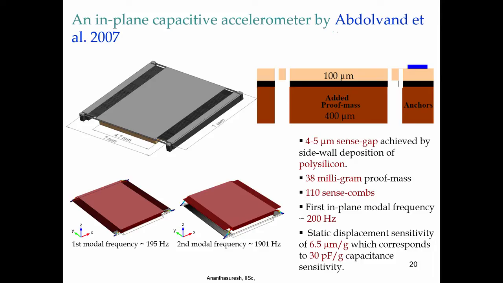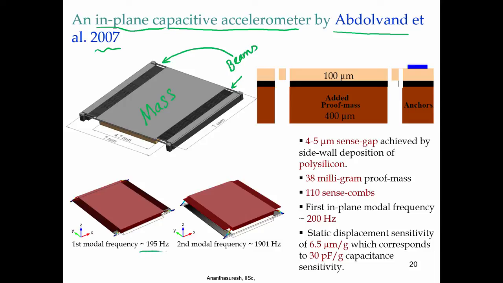Anyway, there is an analytical model for the spring lever model, and we are using that along with the concept of the feasibility map. So, in this particular case what is done is that if you take an accelerometer, in this case some researchers, Abdolvand et al. 2007, had published an in-plane capacitive accelerometer that basically looks like this. These are the beams, okay, this is the beam suspension. You can hardly see those, very small, and there is a big proof mass,